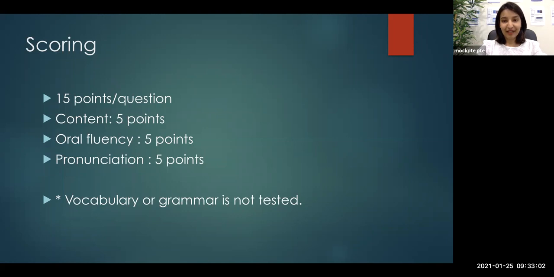There is no negative marking here, because what is more concerning for the computer is your oral fluency and pronunciation. Content of course is important, but the computer only needs to hear a minimum of 5 to 10 matching keywords. So as long as you said around 10 keywords from the audio, even if you repeat them, it has the same effect. There is no negative marking, there is nothing wrong in it.